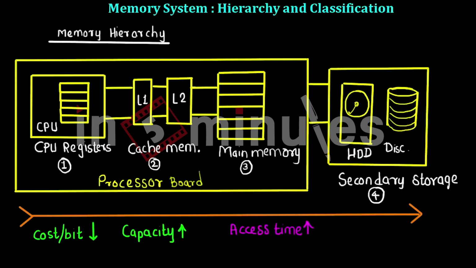Then access time goes on increasing. That is, as we can easily see, the data has to go through different levels as we go down the hierarchy. That is why the access time or the speed of the data transfer goes on decreasing as we go down. So this has the effect that the frequency of the operation performed by the memory devices also goes on decreasing. So these are the effects of memory hierarchy levels on the various characteristics.